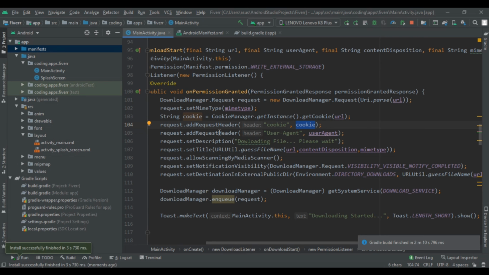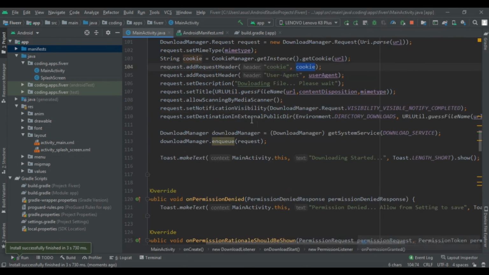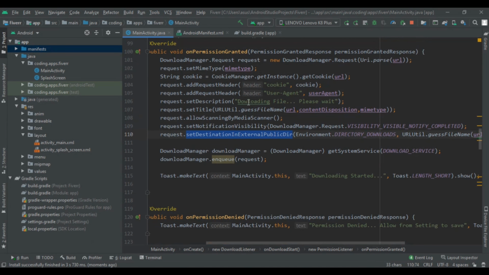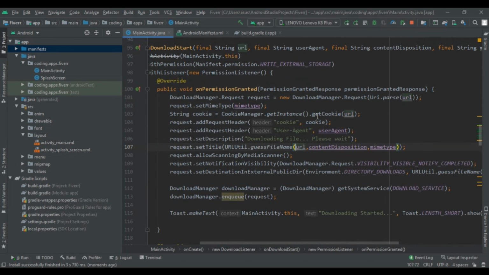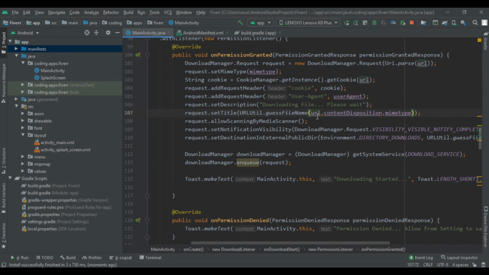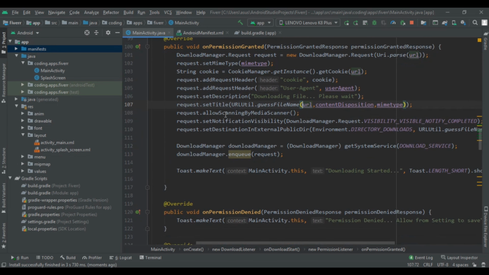After that we have to set the description. So here is a downloading spelling mistake, please ignore it. Then we are going to write set title for our notification. So when the notification is generated, this will show up here. So here we had written guess file name, and it requires three parameters. First is URL, content disposition and mimetype. So here, as the name is showing, we had written text strings and added allow scanning by media scanner.